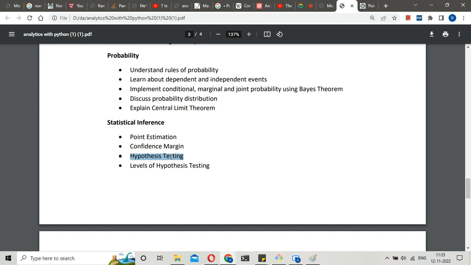There are two hypotheses we state. Either that data is distributed exponentially, one hypothesis. The other hypothesis, it is not. That's all. So when we say we are rejecting the null hypothesis, it means that the data can be or cannot be exponentially distributed. We are not sure. But if we are accepting that null hypothesis, this means